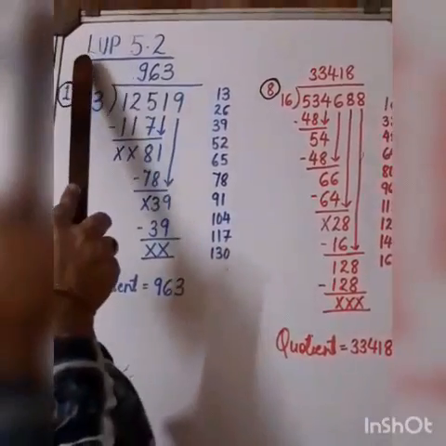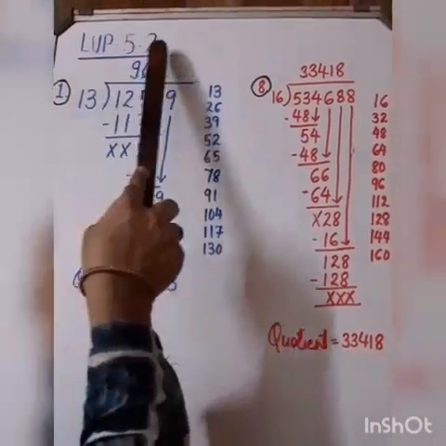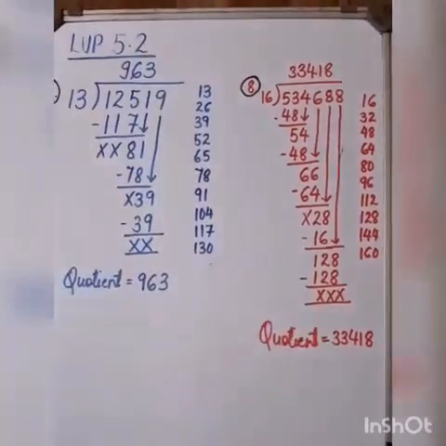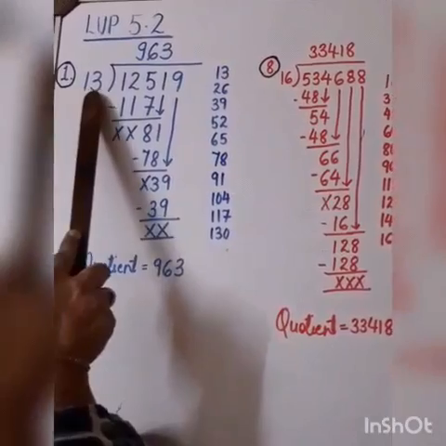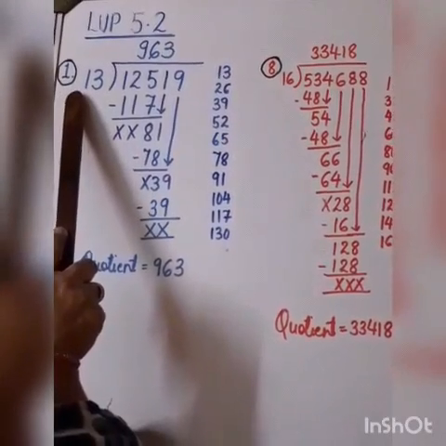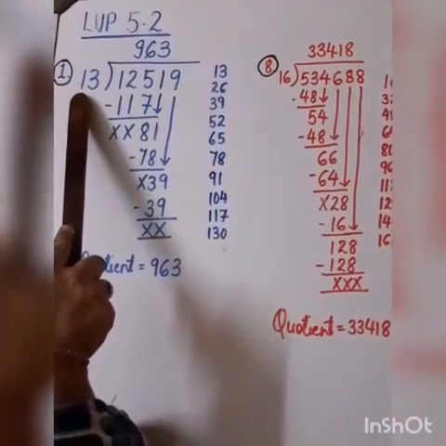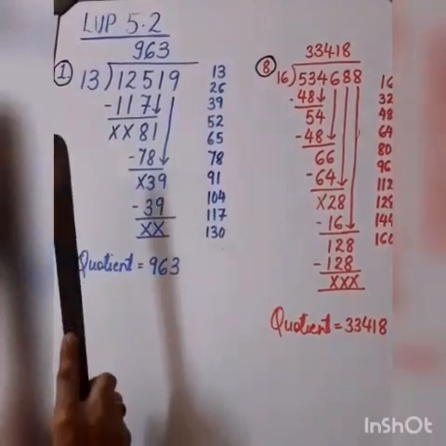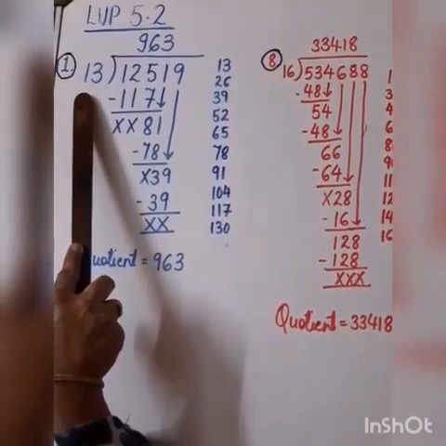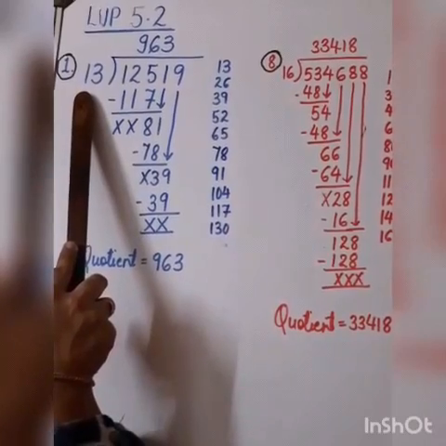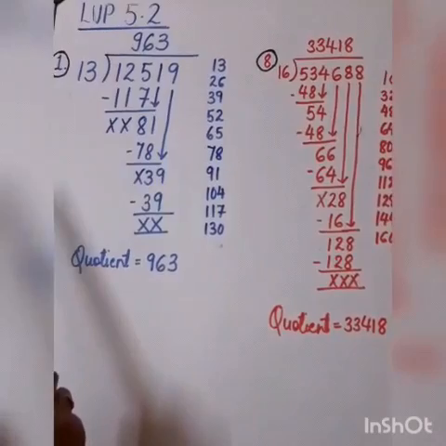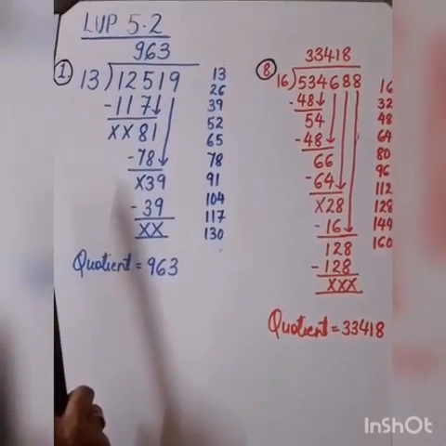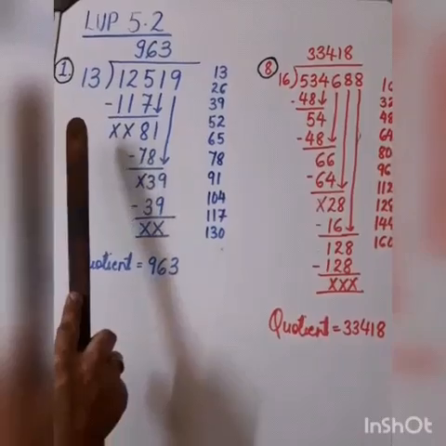Now let's move to our next exercise, that is let us practice 5.2. Now till now we are doing division with a single number. Now we'll divide the numbers with the 2-digit number. So students, you have to learn the tables daily. You have to daily go through the tables for doing the division and multiplication as well. So go through them daily.